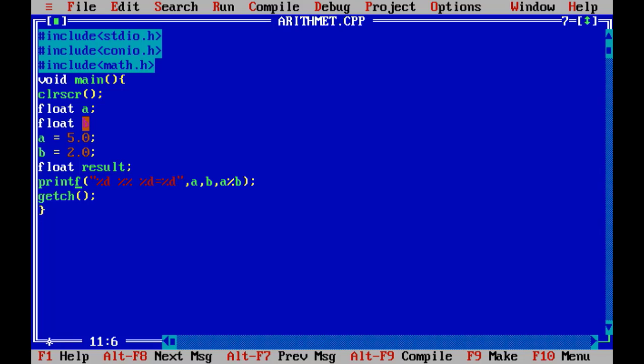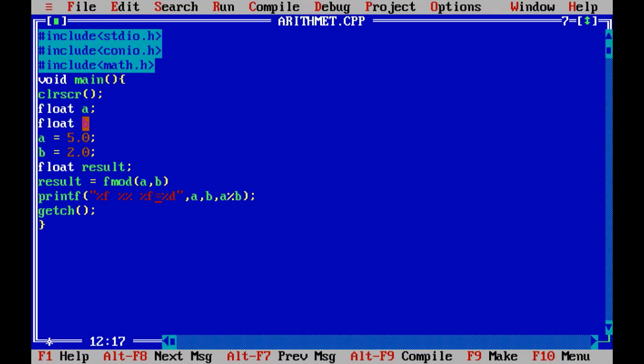So what we will do here, fmod(a, b) is equal to result. Now let's check the output. In printf, for floating point we have the type conversion character %f.